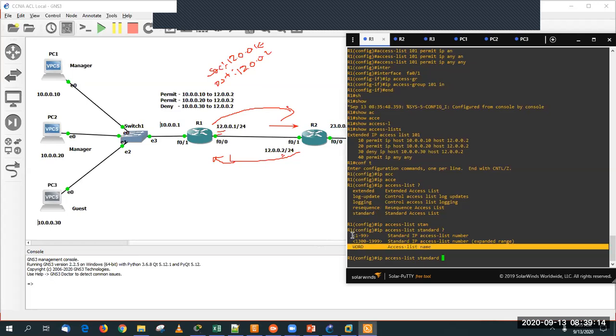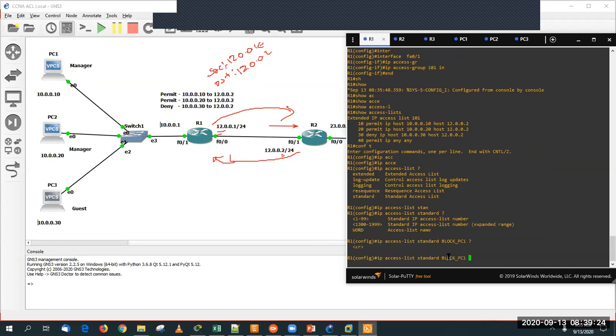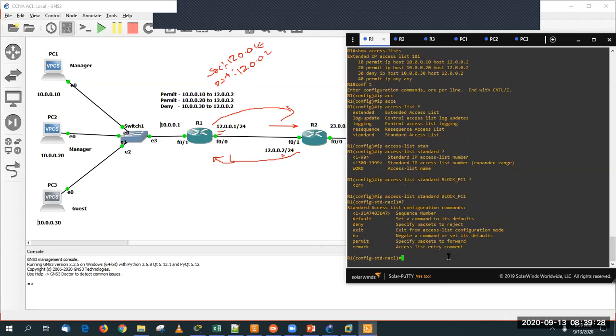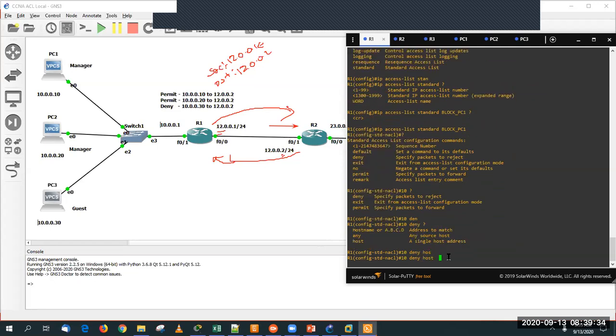Put a question mark. Now use a word here. You have an option of using numbers again, but I want to use a name. So I'll say block PC1. That's it. Now inside this, you have to write. Maybe I'll put a sequence number. So I'll say deny, I'll put host 10.0.0.10.